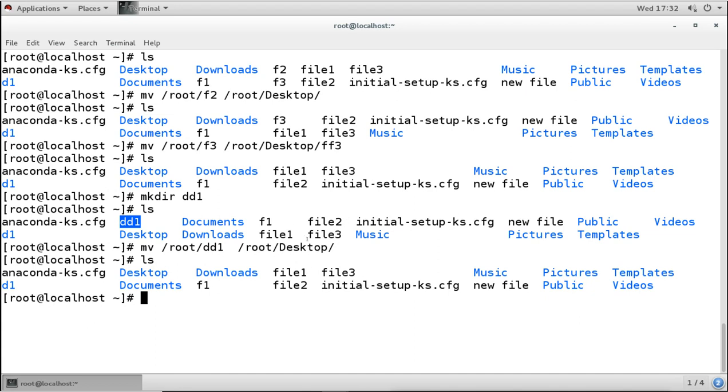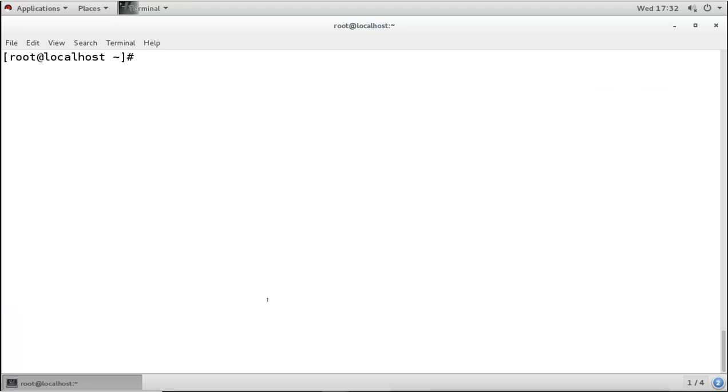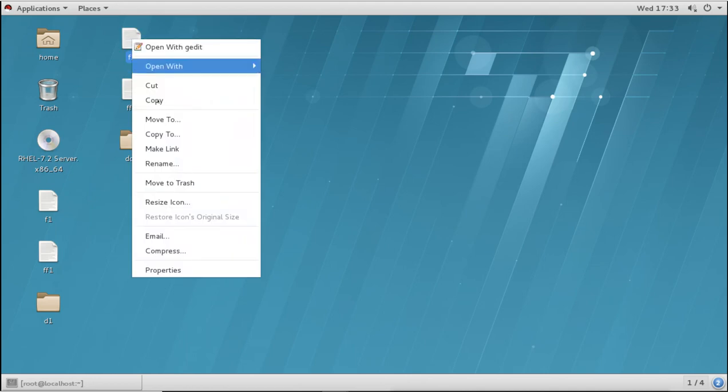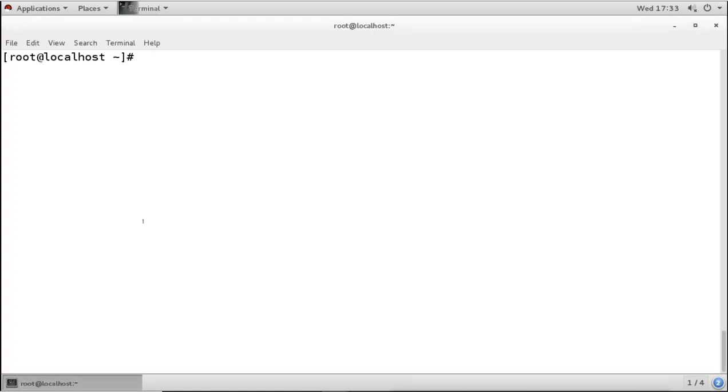Now that option is important because in the command line, if we want to rename any file, remember it is a command line. In a graphical interface, we right click on the file and select rename, and then you can easily rename the files. But in the command line we don't have a right click rename option. So for renaming any file or directory, we basically use the move command.